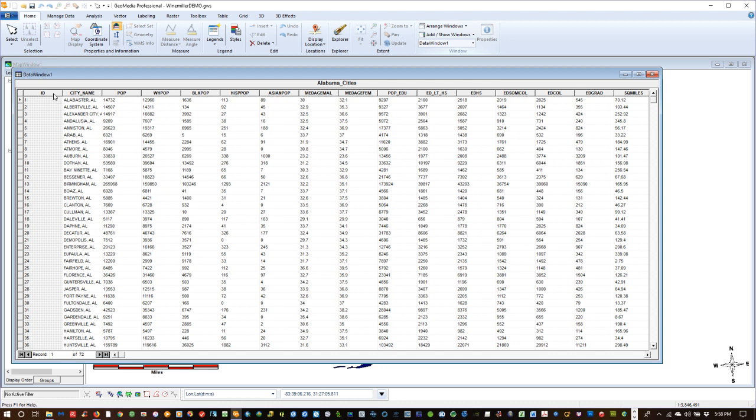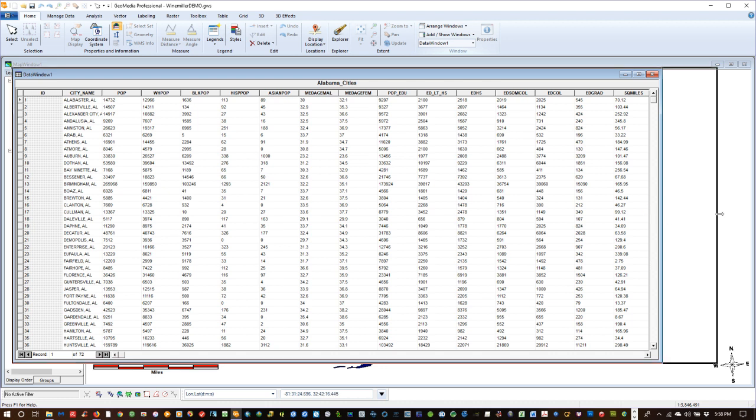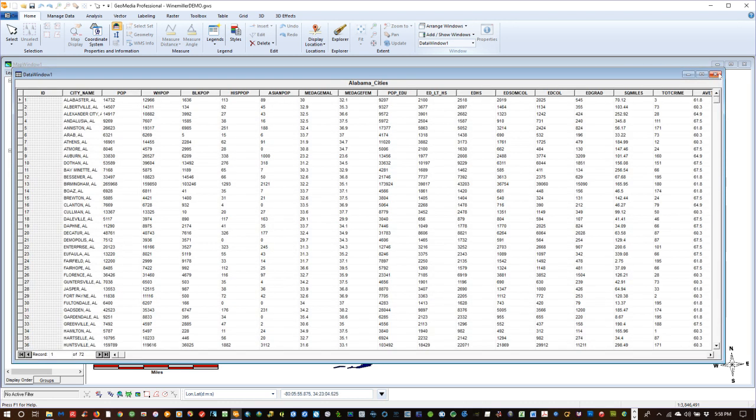So the attributes would be ID number, city name, population, white pop, black pop, Hispanic population, Asian population, median age male, median age female, and so on. Only the data that are provided by, in this instance, the designer of US sample would be included in here. Later in the semester, you'll be able to modify this and add a lot more data, make calculations, do all sorts of operations with this, and look for contingencies, overlaps,